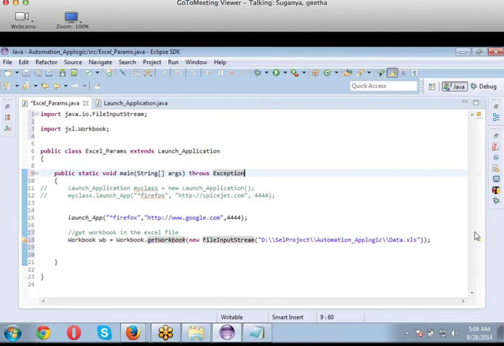JXL, jxl.jar, yeah. Every time I will not ask you which jar file it is. The technical term that represents a jar file is a content holder. A jar file is called a content holder which has all the classes inside it.